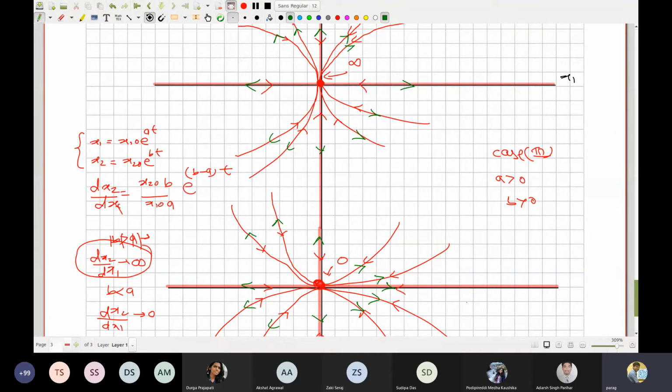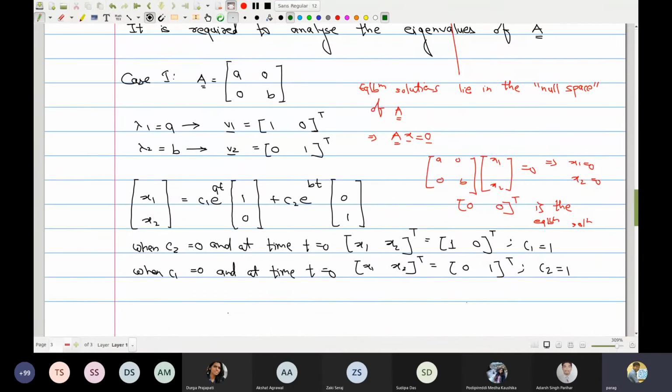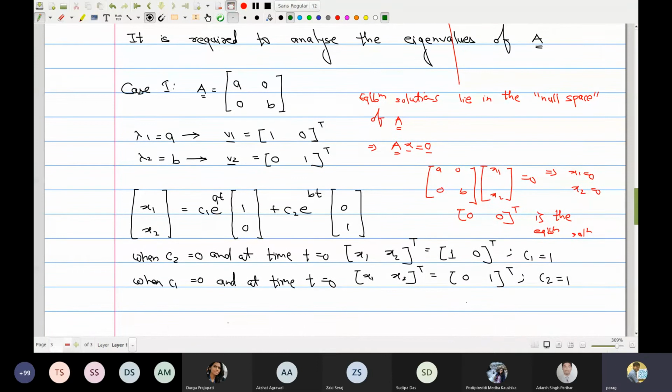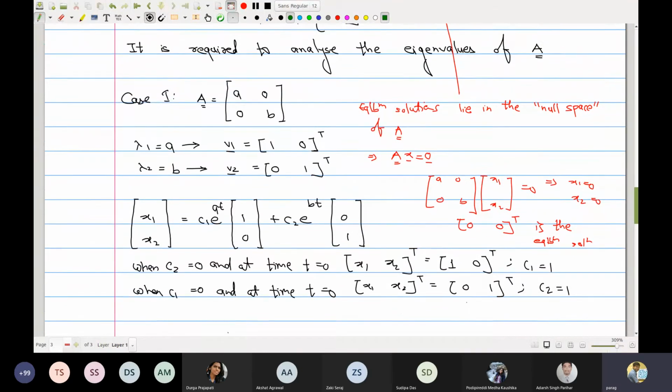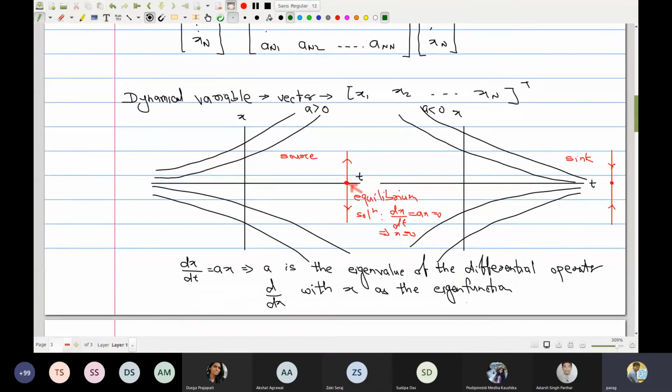So this was the case for one specific matrix, which was A00B. Now let us compare this against our first order system. Does it look any different from the first order system? Well, no, it's exactly the same. What happened in our first order system? When A was greater than 0, your system diverged. When A was less than 0, your system converged. And everything happened monotonically.